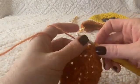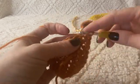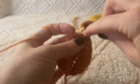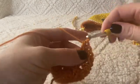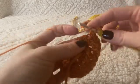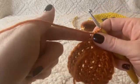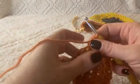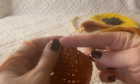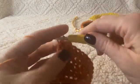And now, so you did a half double crochet in the first 8 stitches. Now you're going to do 2 in the next 2. So there's 2 in that one and 2 in this one. And now you're going to half double crochet 1 time in each of the next 8. Okay, so now that you did those half double crochet down these last 8 stitches, you're going to chain 1